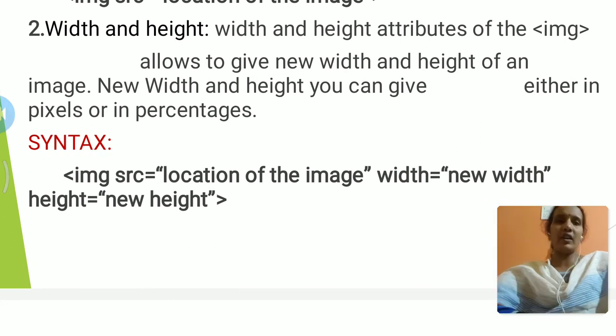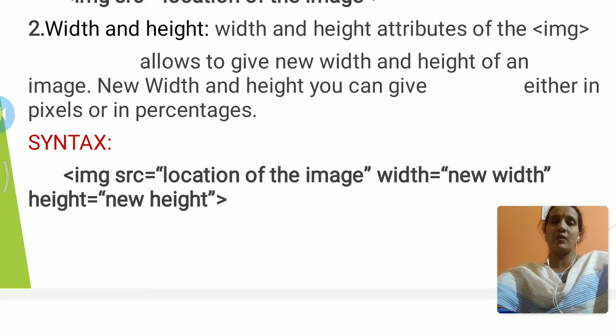When you display an image, the size of the image is equal to the size of the browser window.